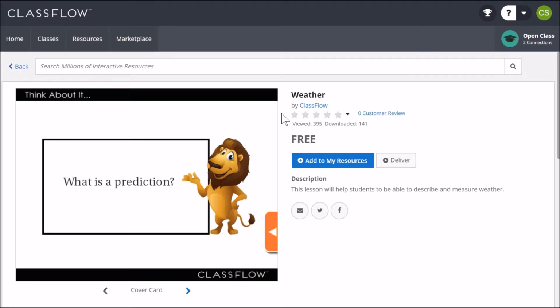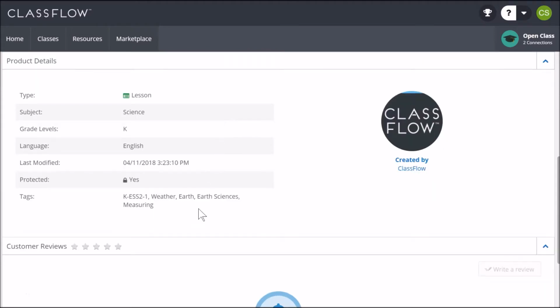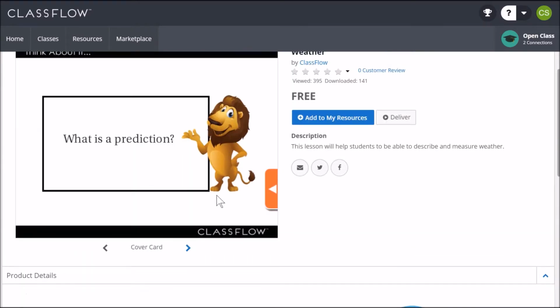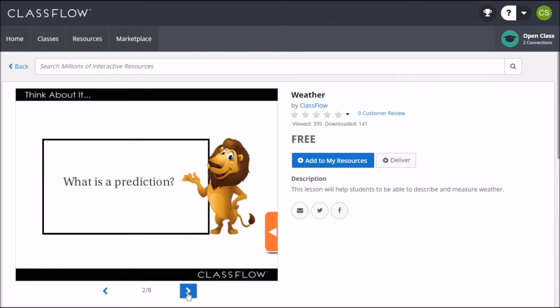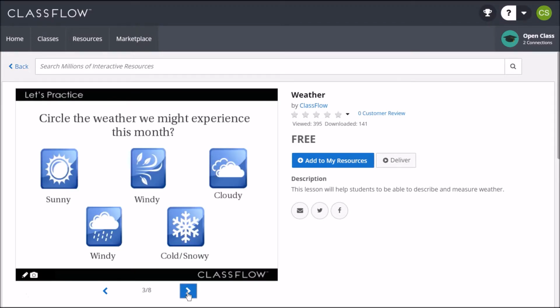From here, you can preview an asset before adding it to your ClassFlow account, and even use the arrows to flip through a lesson. You may add it to your resources, or deliver it directly to your students and begin interacting with all the